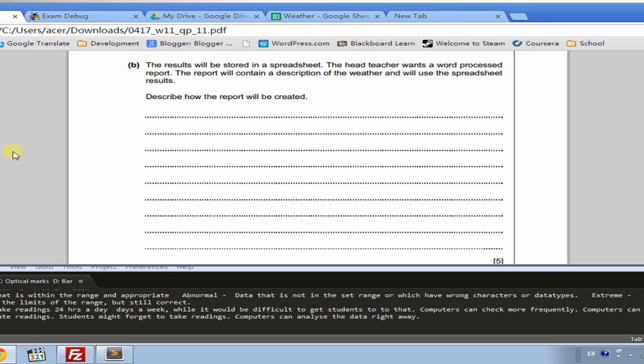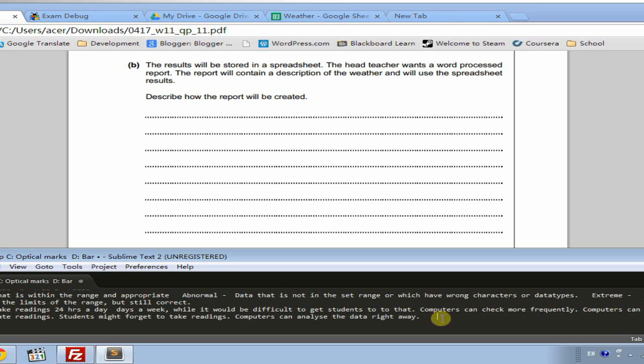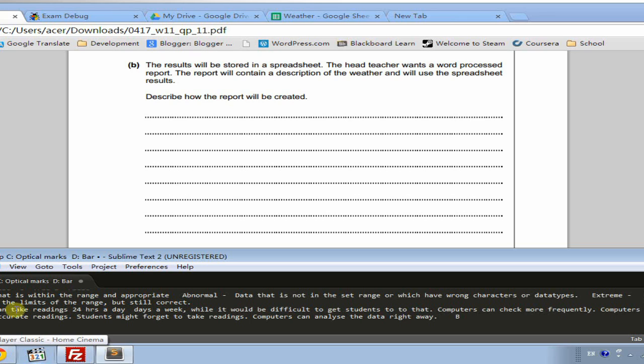Okay, part B. The results will be stored in a spreadsheet. The head teacher wants a word processed report. The report will contain a description of the weather and will use the spreadsheet results. Describe how the report will be created. So we're just going to talk about the steps that the teacher might take on part B. So one important thing here